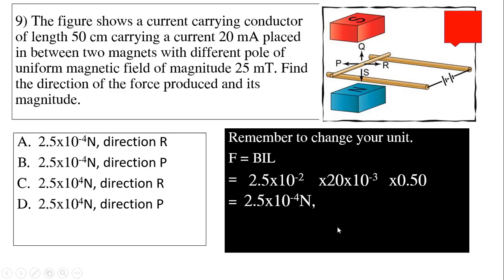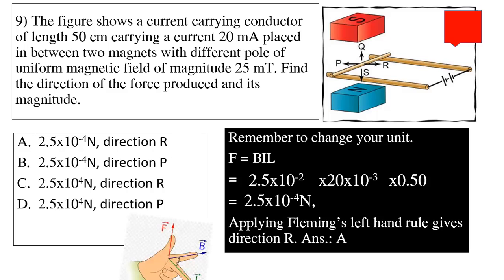Your field is going upwards. Field is going outwards. Your current is coming from the battery, going inwards there. Current is going inwards there. So the force is to the right. Okay, field is going up. Current is going inwards. Must be able to read which is your outwards, which is your inwards, going inwards. So the force is in the direction of R. Okay, you're still very weak in this one. Don't know why. Been going over with you so many times. Okay. A. Yeah.